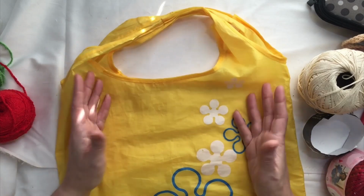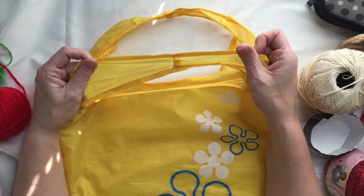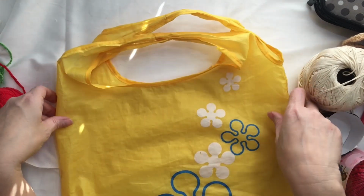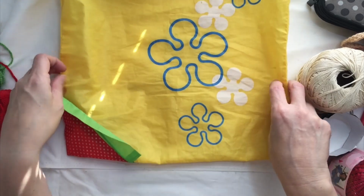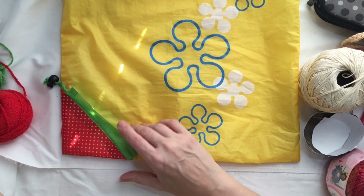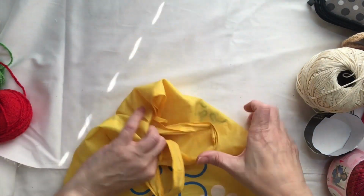Now in something that I ordered, I don't even remember what it was, it came with this really cute little bag, and this bag has been through the ringer, it looks like. What's really cute about it, well, the whole thing's cute, but look at this down here. When I first opened it up, I thought, what the heck is this? But if you take this bag and you roll it all up,